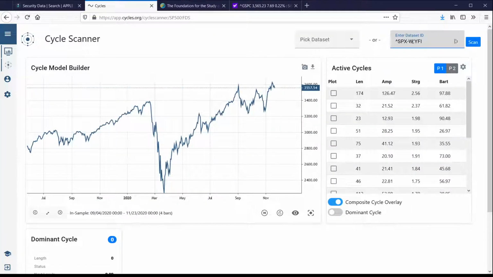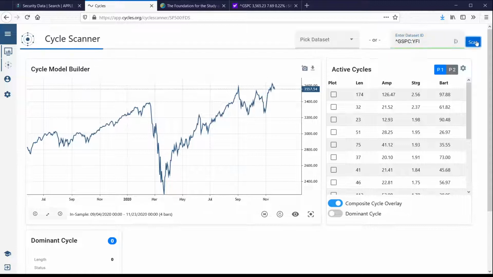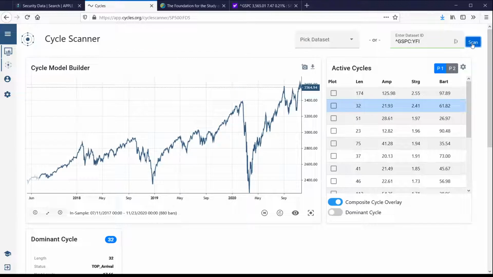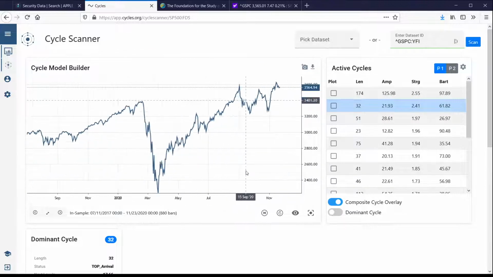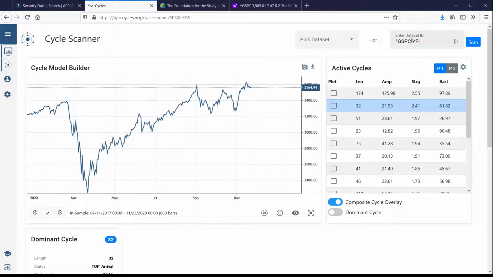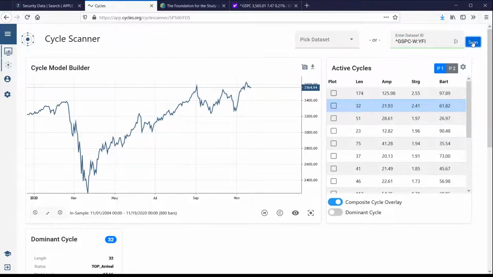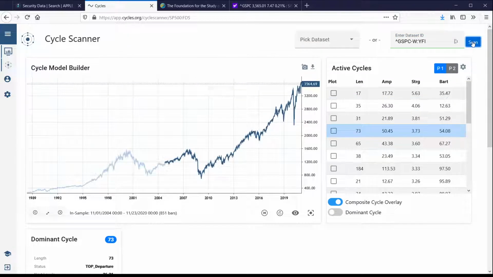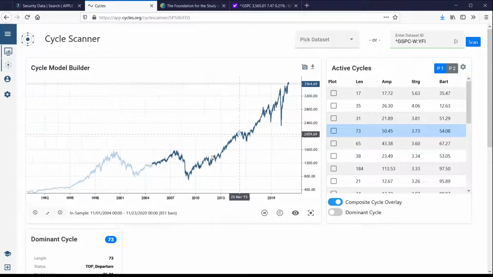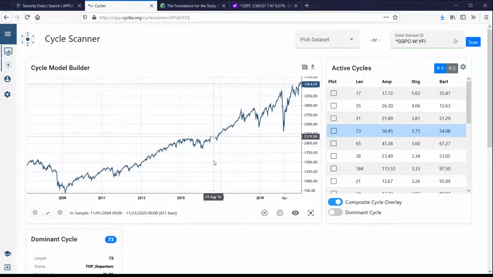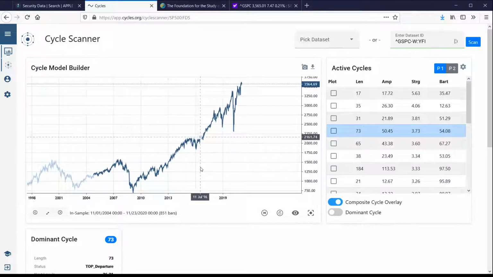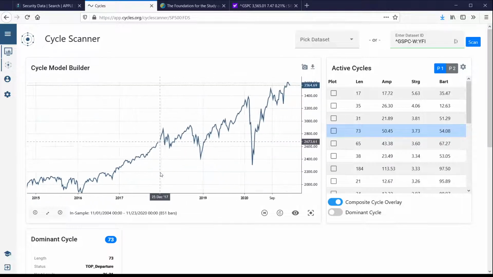Let's go back to our tool. I did it wrong. So this is the daily data pulled now from Yahoo Finance. Daily data, but now if you're asking for weekly data, you use the same ID and add -W. So now let's try it again. Let's scan it. Now it should bring up weekly data, which you see here has just happened, and it's going back to 1989. Long history of daily data, weekly data here. Now you have the S&P 500 on a weekly chart.